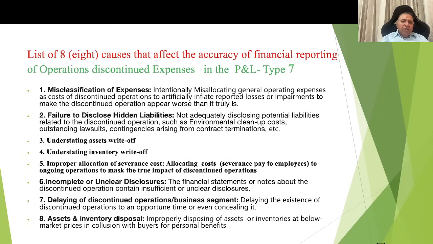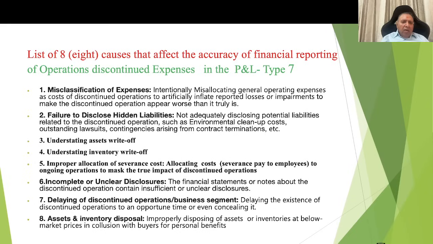8 causes affect the accuracy of the financial reporting vis-a-vis the discontinued operations. One is misclassification of the expenses, intentionally misallocating general operating expenses as cost of discontinued operations to artificially inflate the reported losses or impairments to make the discontinued operations appear worse than it truly is. Failure to disclose hidden liabilities, understating the assets write-off amount, understating the inventory write-off amount, improper allocation of the variance costs,